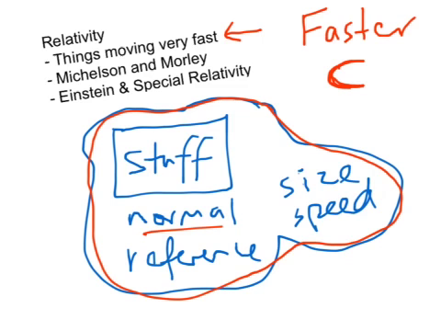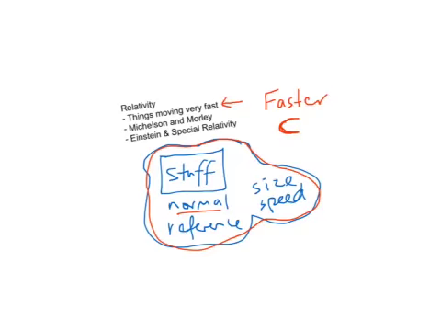I'm going to start with a little bit of history to show where Einstein and special relativity, what was kind of the groundwork for that. So first of all, we had these guys, Michelson and Morley. What's the date? 1887. They performed a very clever experiment, because way back then there was this thought that